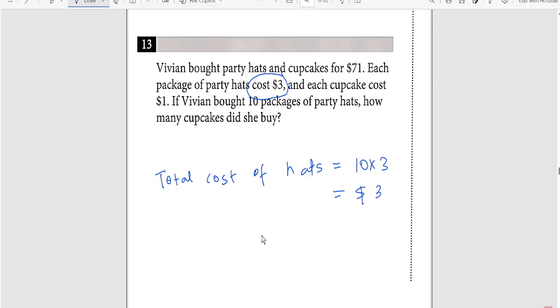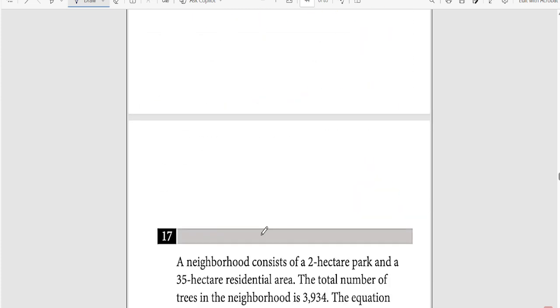It will give you 30. This is the total cost of the packages. Now we determine the remaining money for cupcakes. The total amount spent was 71, right? So if I subtract 30 from 71,